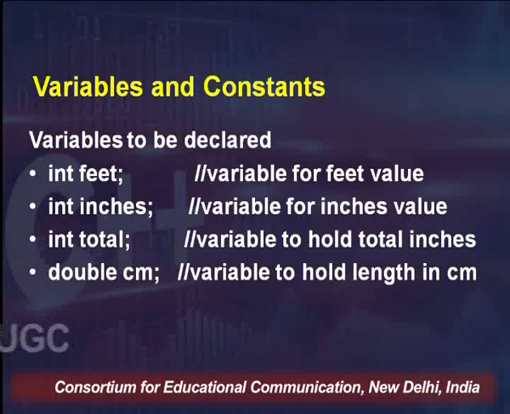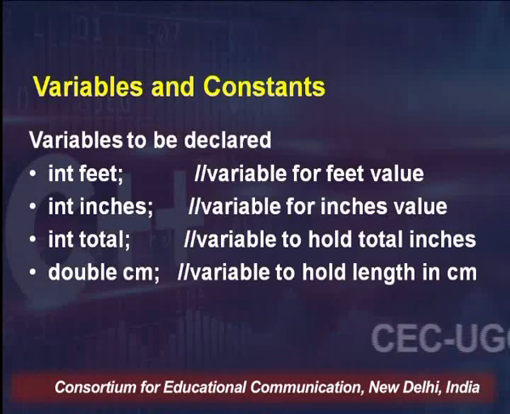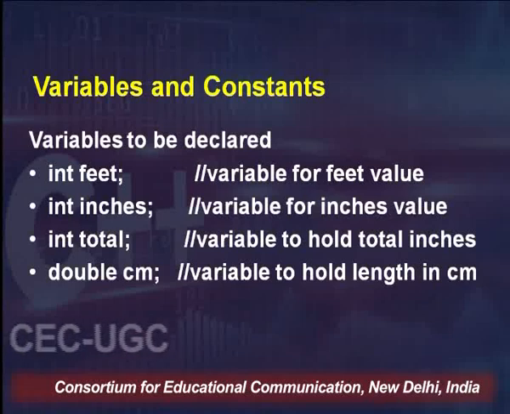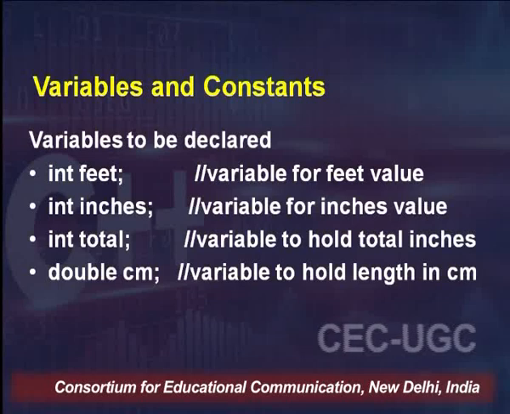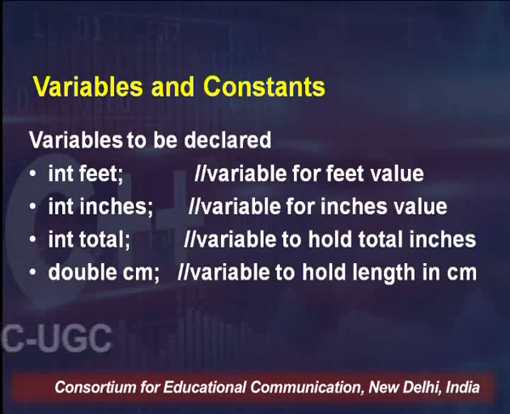I can put A instead of feet, or B instead of inches, but that's not a meaningful variable name through which a user or another program can at a glance or quickly absorb